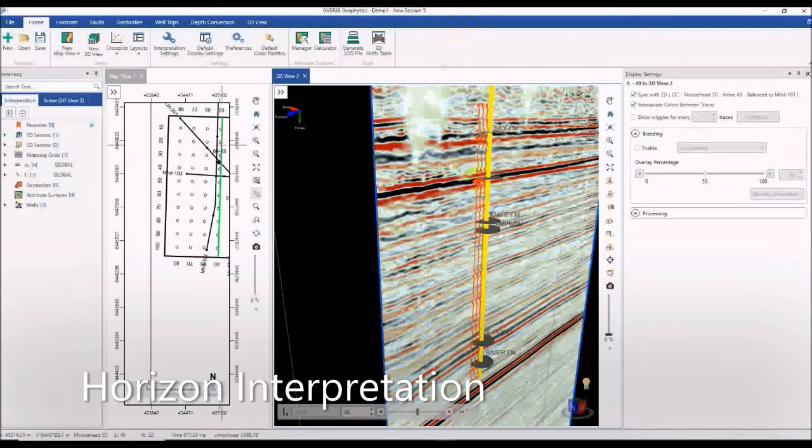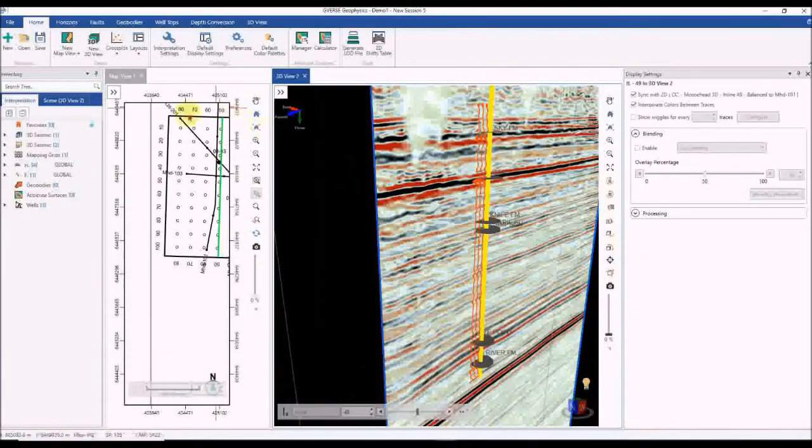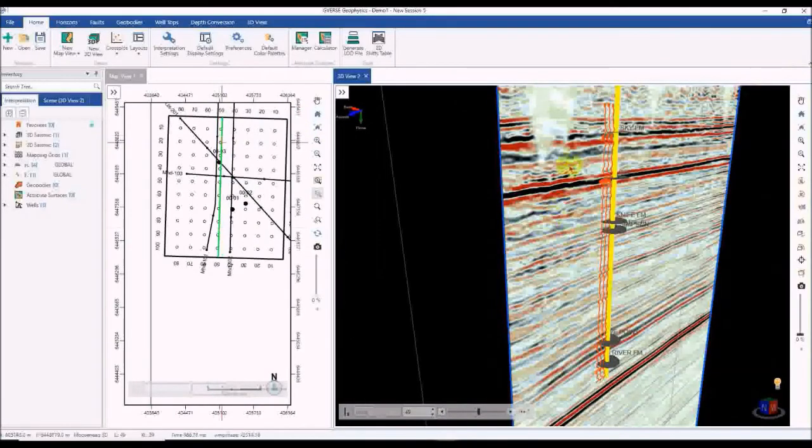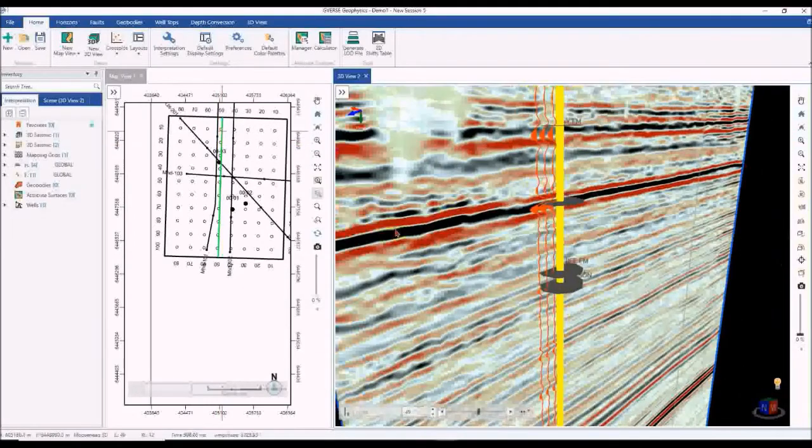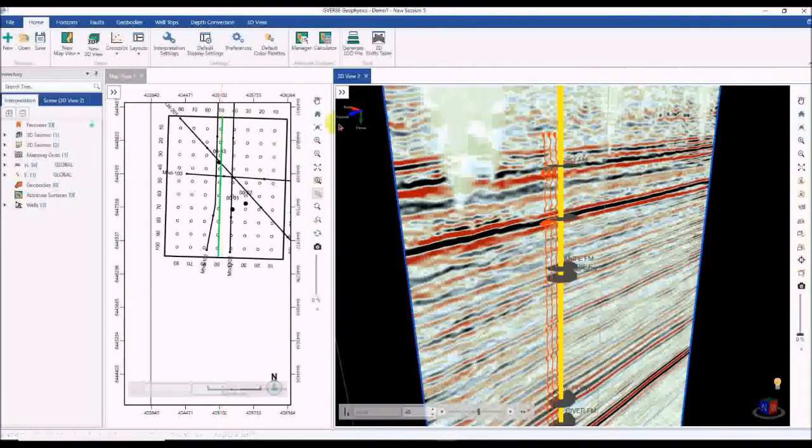Let's stay on this view for the horizon interpretation. So let's click the display setting on the well, and let's start by assuming that this is a reflector that we're going to work with, so that it's tied to a formation here. And also I will explain a little bit of the manipulation or the display on the sessions in the 3D